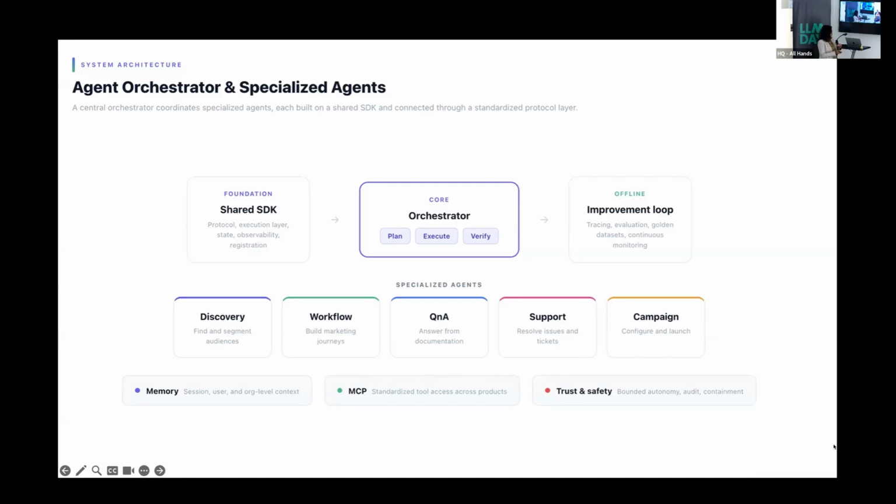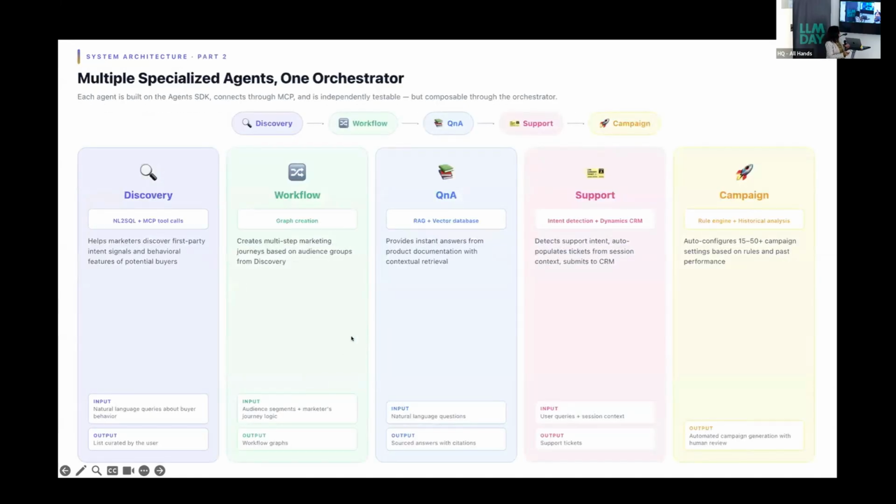The other agents that are here are like a question answering agent, which is mainly a knowledge agent that answers questions from documentation. It uses RAG and vector databases and so on and so forth. I think I have a more detailed slide on this. And going ahead, other agents are for creating customer support tickets because some things are not working. You might be using your regular web page and creating those configurations because you're used to it. And then the customer support agent would come up, and if something is not working, you can have a session and create the customer support tickets.